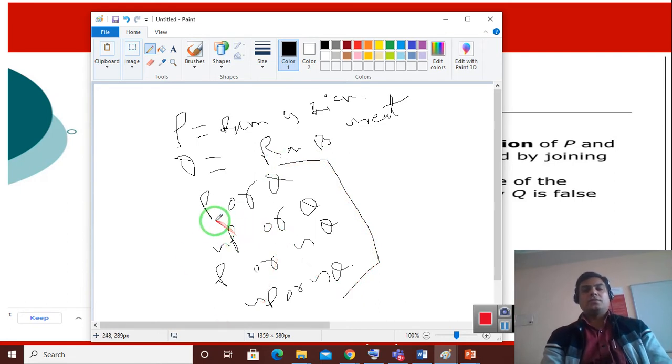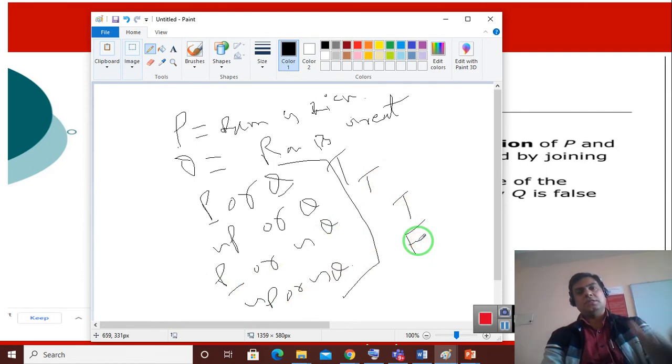So there are four ways, but here if one proposition is true, the result will be true. If both are true, the result is also true. If this is true, then true. If this is true, then true. If both are false, the result will be false. So it is just the negative of conjunction.